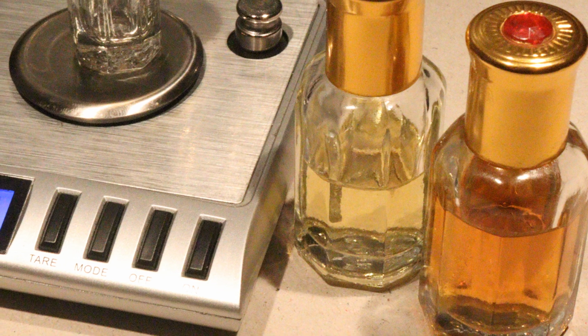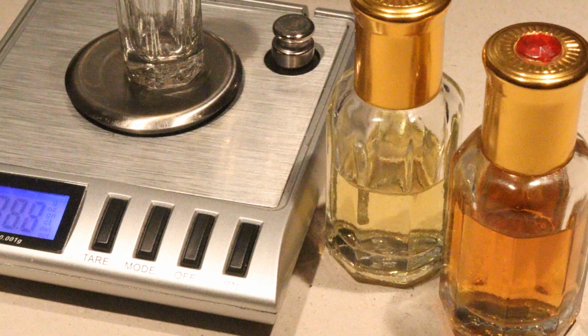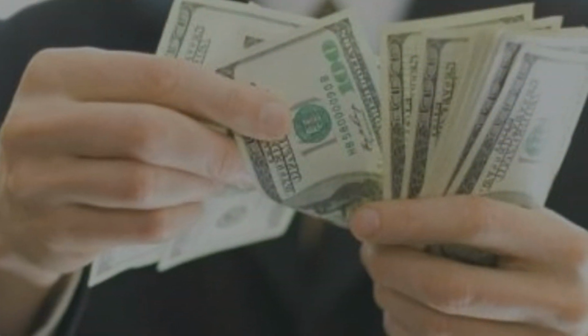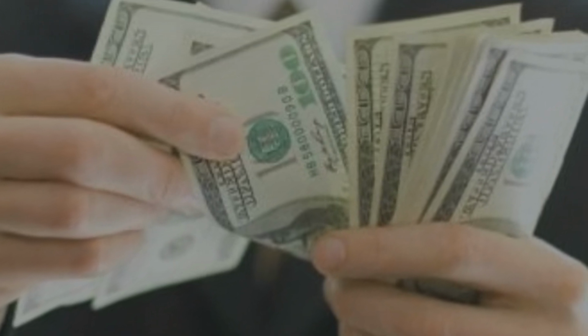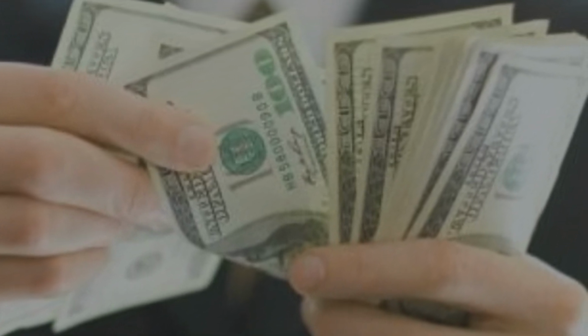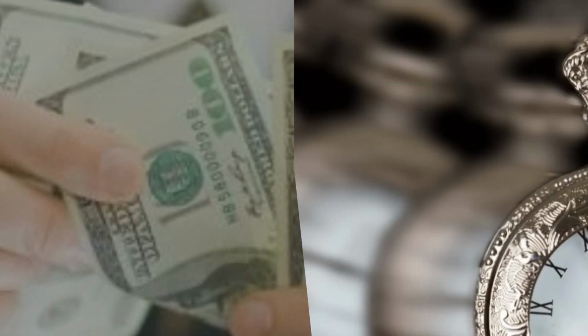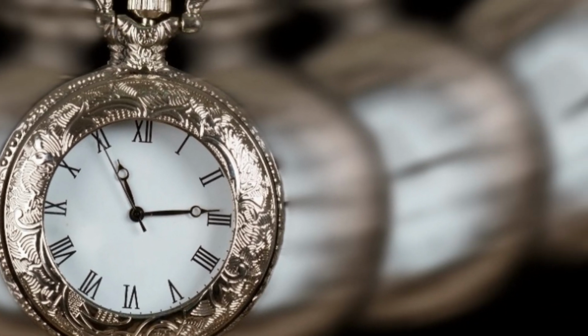But here's the thing. Two tola bottles can have two entirely different capacities, holding different amounts of oud. Yet you'll pay the same for both bottles, potentially losing a lot of oud and money, because as you likely already know, artisanal oud oil is a precious substance. Now, I'm not saying the companies that choose to sell by the quarter tola, half tola, or tola are intentionally